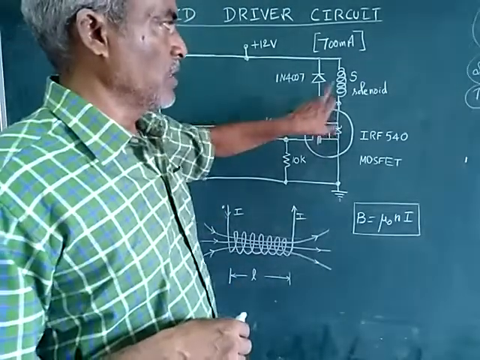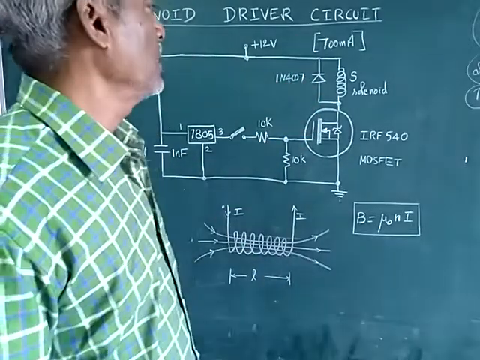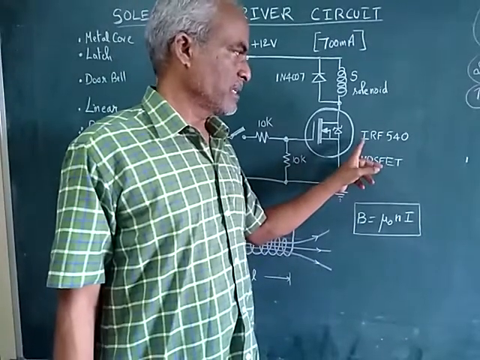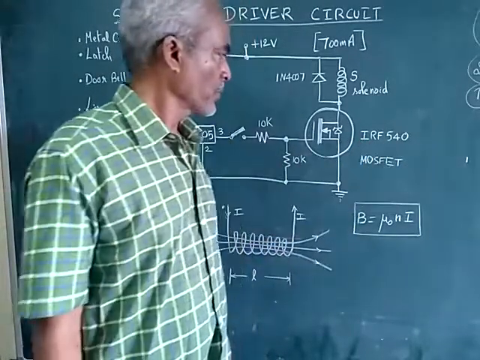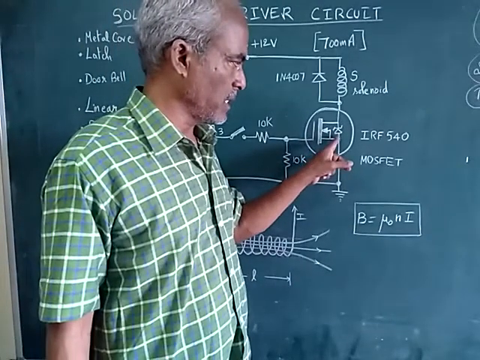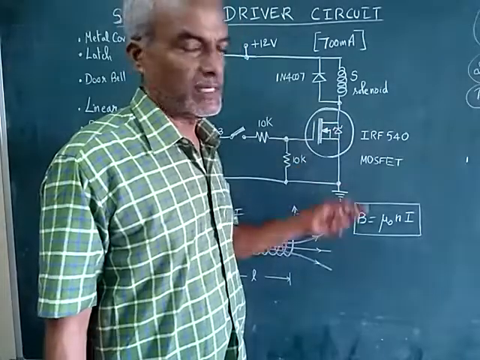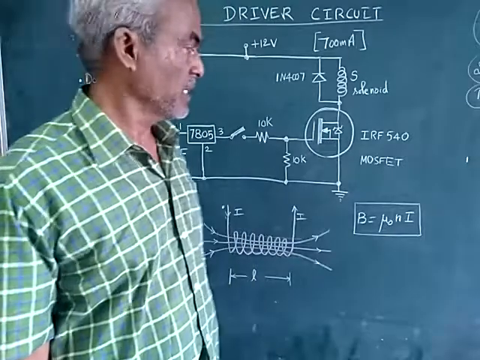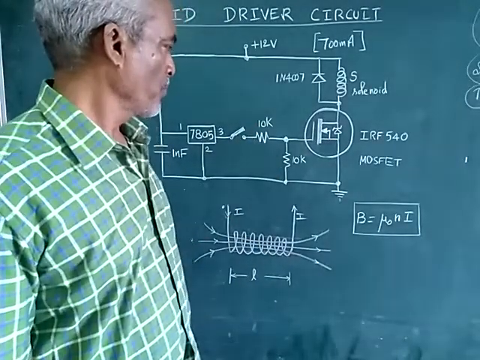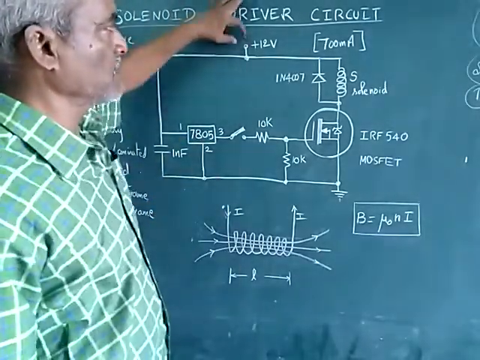This is our solenoid. You can see a diode in parallel with that solenoid. This is a MOSFET device. The part number is IRF540, and inside itself you have a Zener diode, which maintains a constant voltage between source and drain. That's the purpose of using a Zener diode there. And here you have 10K and 10K. So this is a 7805 regulator IC, because this is driven with 12 volts